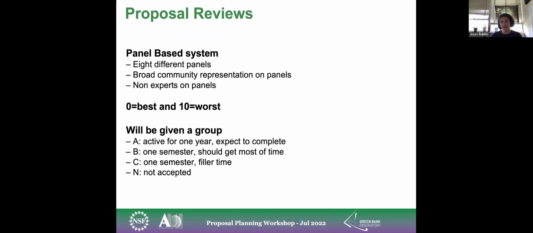Now, the proposals themselves are panel-based. The review of the proposals are panel-based, broken up into 8 different panels. And these consist of a broad range of members from the astronomy community, with no specific experts in one field associated with a given panel. Proposals are then ranked from 0 up to 10 being the worst,